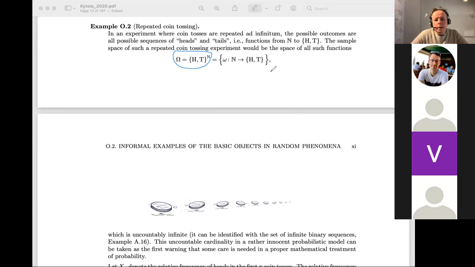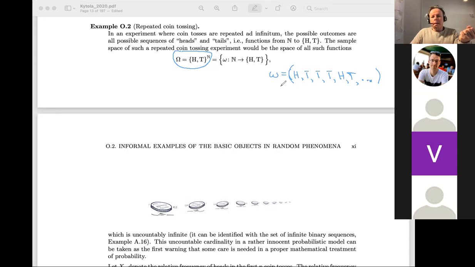So omega is an infinite sequence. For example, first we get heads, then tails, then maybe tails, tails, heads, tails, and this is an infinite sequence of outcomes. So it continues, and one of this type of infinite sequence is one little omega,